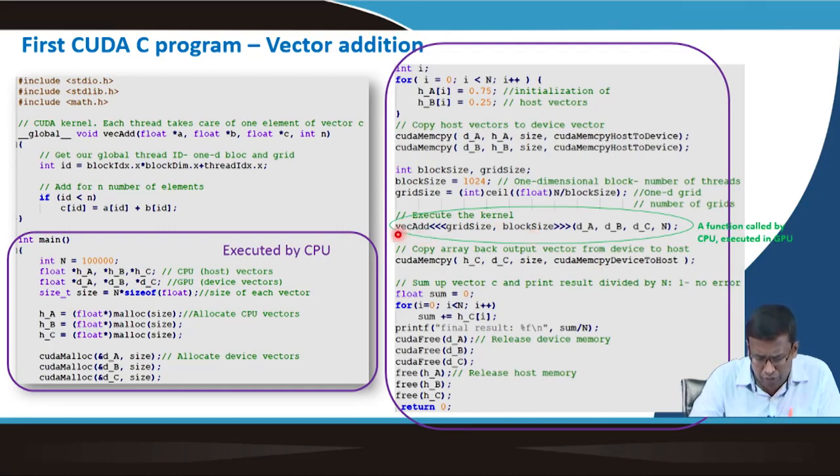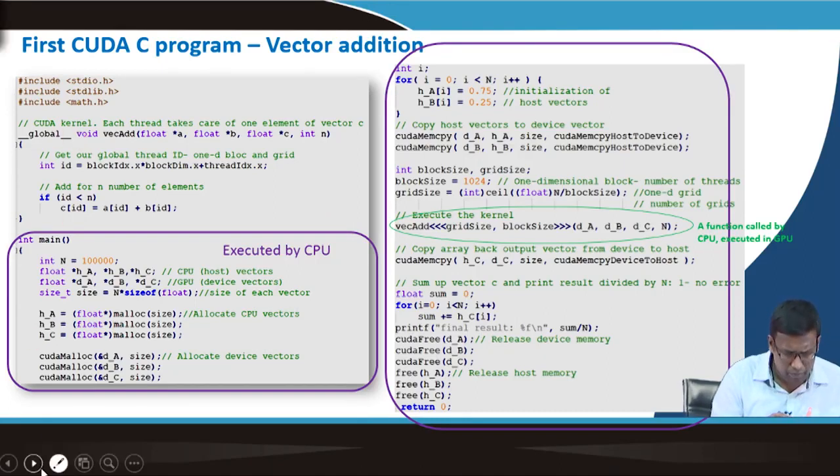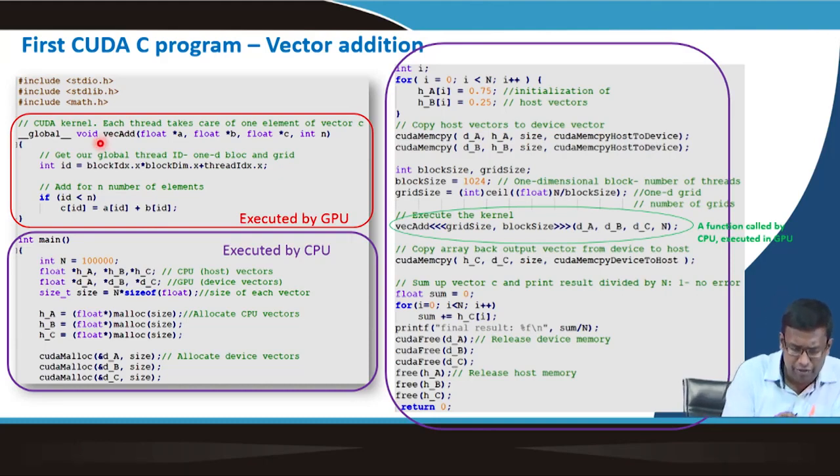There is a specific syntax for this function calling, and we will look into this syntax in more detail. The next part of the code is the vcadd function, which is the CUDA kernel, and it starts with an